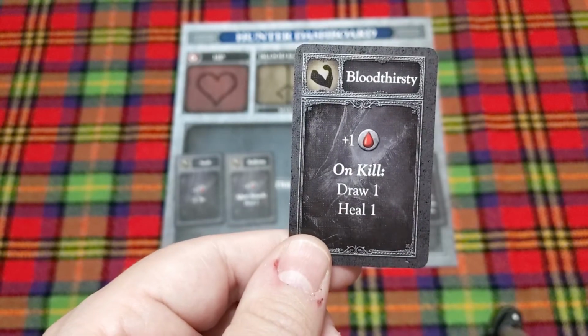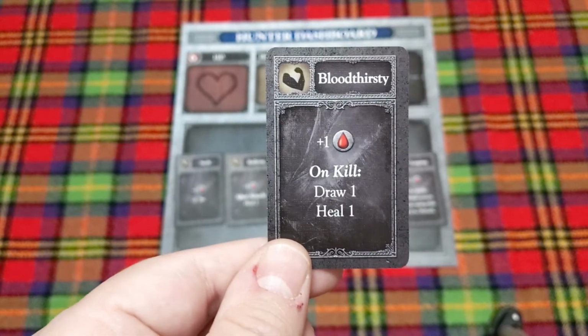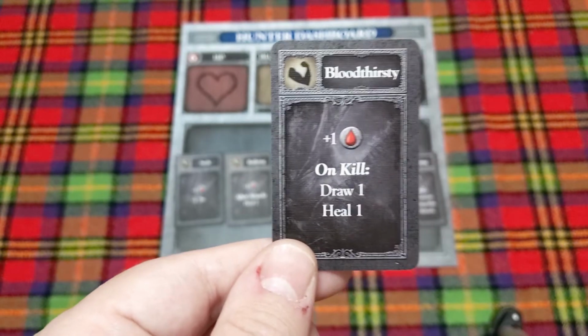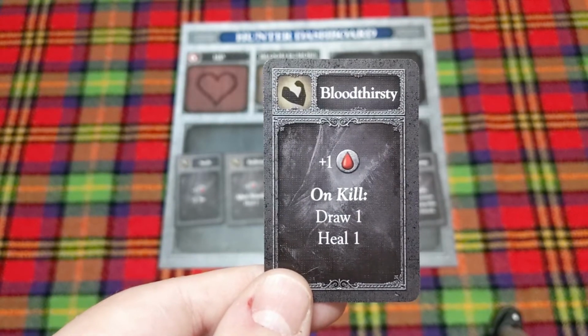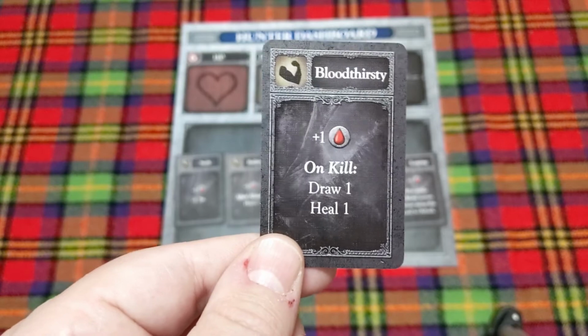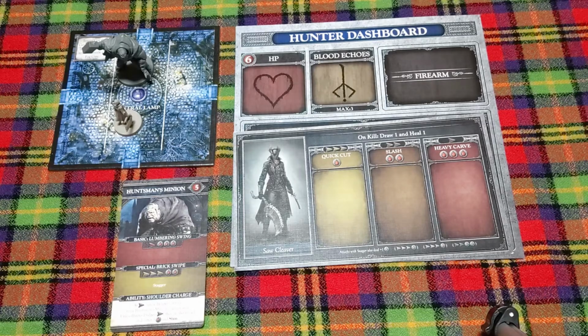On to Bloodthirsty. It gives you a +1 damage, but also allows you to draw 1 and heal 1 if you kill the enemy. This will stay in effect until the end of step 4 of combat. That means anything you do that kills the enemy before the end of combat will trigger this card. However, after combat ends, this card will not remain in effect. Let's demonstrate against a Huntsman minion this time. You play Bloodthirsty on your slash attack,